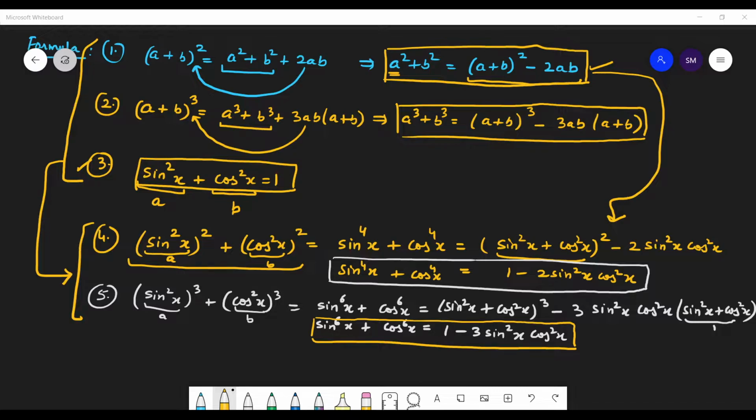Okay, students. So suppose if you have, for example, sine 40 degree. So you can write sine 40 as sine 2 into 20 degree. So now theta is your 20 degree, right? So you can write this as 2 sine 20 degree cos 20 degree. So students, these are the three formulas that you are going to use in this question. So now I'm giving you 2 minutes to solve this question. Okay, come on, try it out. You can solve it.